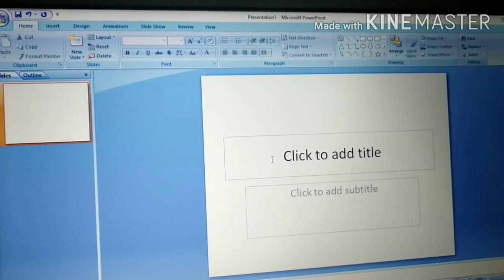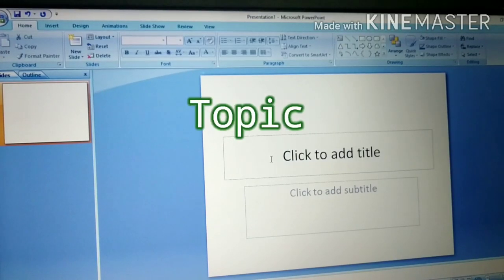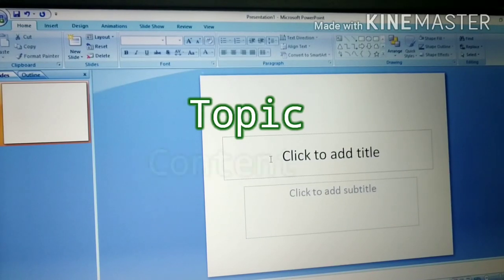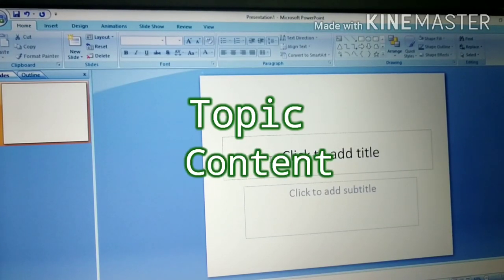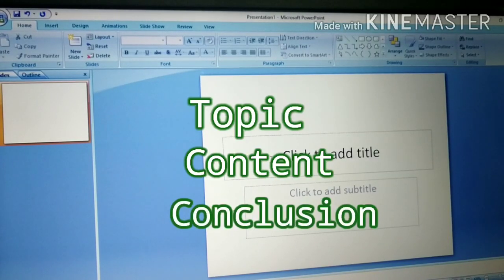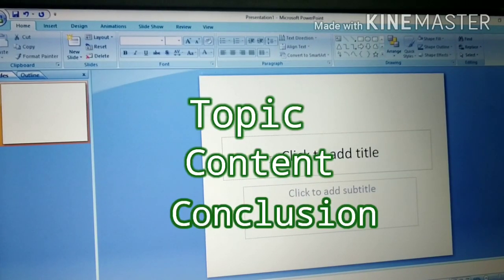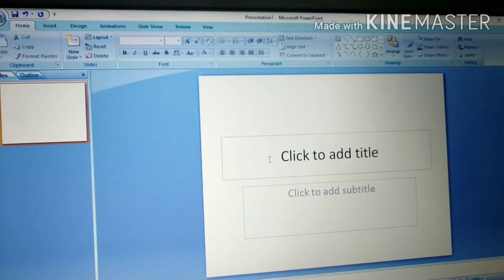The very first thing is, you should know the topic of your presentation. Then the content which is to be explained, and then the conclusive part. Keep all these points in mind before making a presentation. Then only can you make a very good presentation.